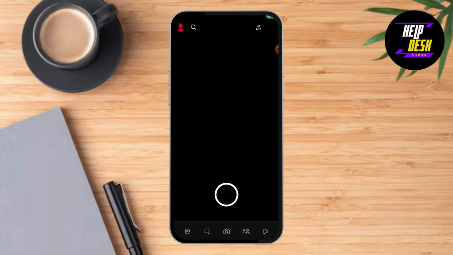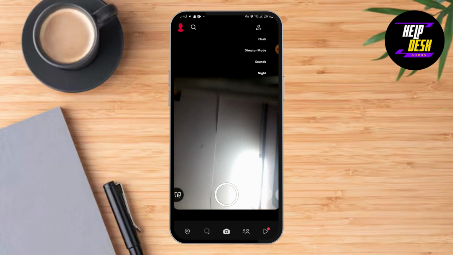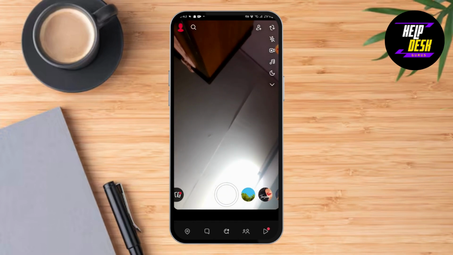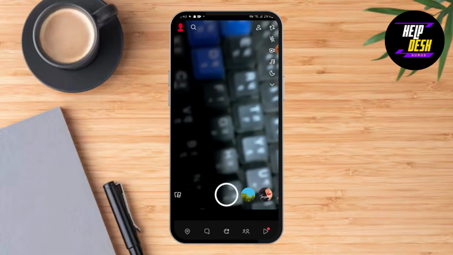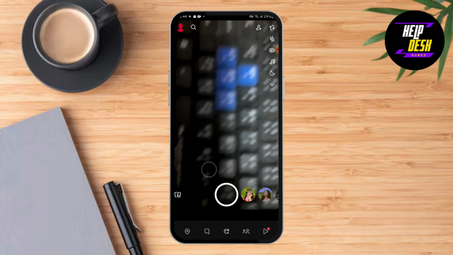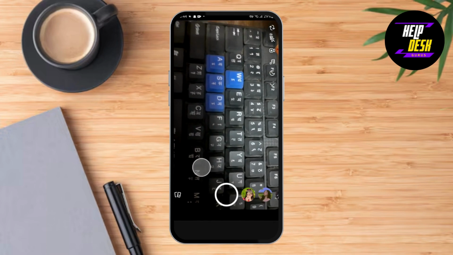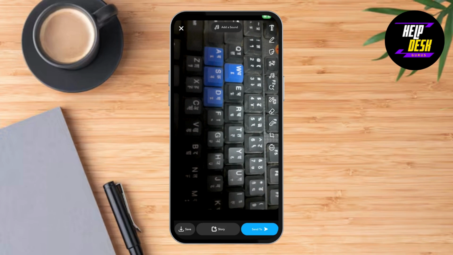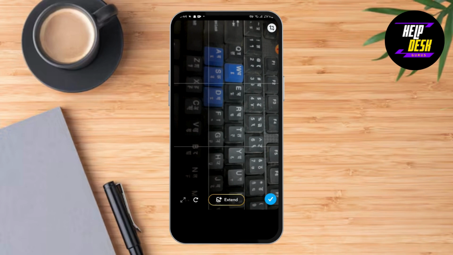So open your Snapchat, then simply click a picture of what you want to make the sticker of. For example, I click the picture of this keyboard, and then you will see this square shaped icon. Simply tap on it,